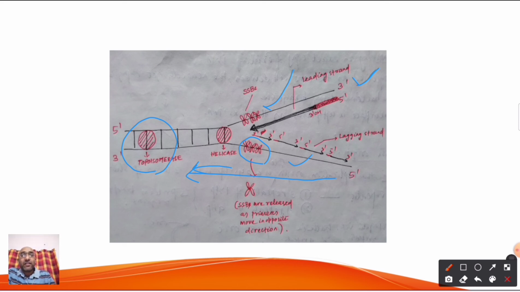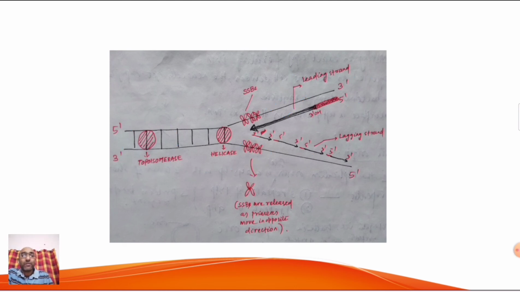In this case, once the SSBs have been added, DNA polymerase 3 acts, and with the help of the primer, it adds new deoxyribonucleotides, and the DNA strand grows continuously towards the replication fork. So, this is why this particular segment is synthesized in a continuous manner. Here, this one is the RNA primer. Got it? This one is the RNA primer.